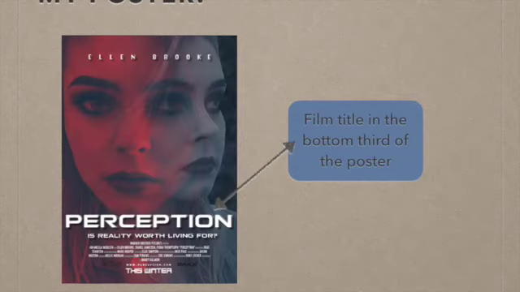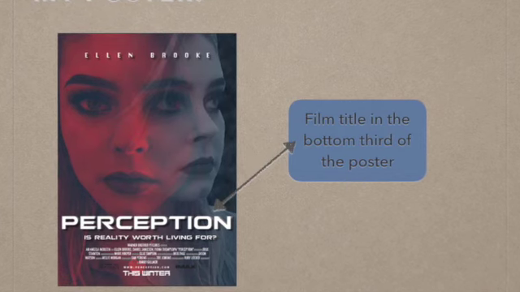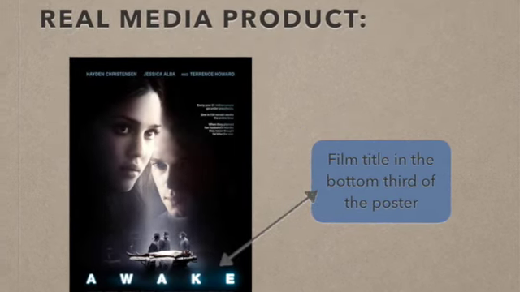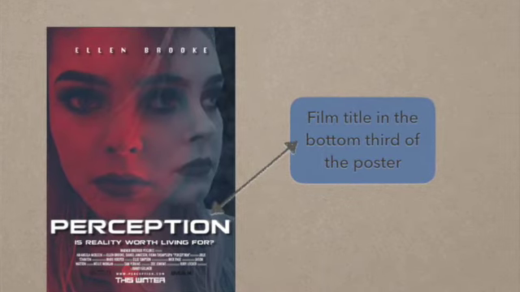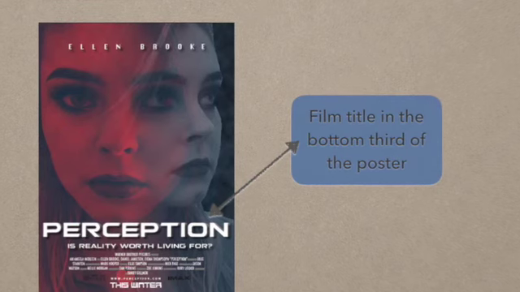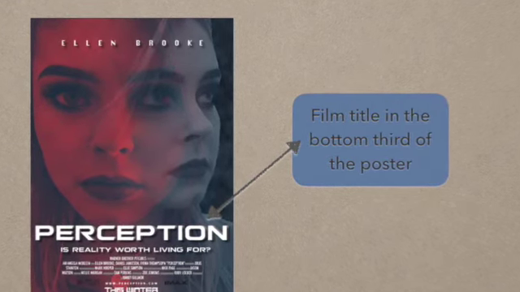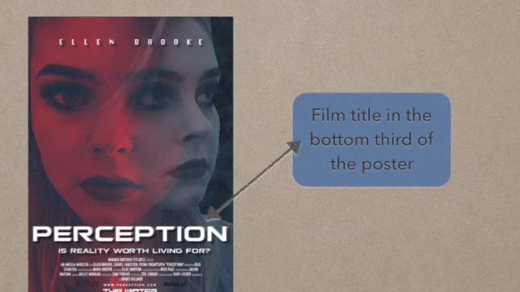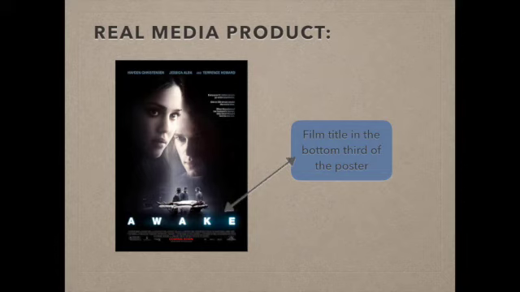I think the way in which I have also placed the title in the bottom third of the poster is conventional. You can see from looking at other media posters that it is conventional to have placed this information here. It is conventional for the film title to be placed here, given that it means the film title is not blocking the image, meaning that the audience can look at the image and the editing techniques which have been used in order to encode what the film is going to be about.